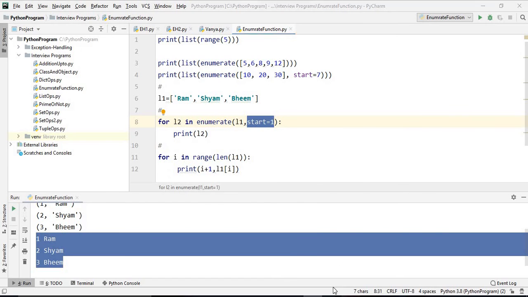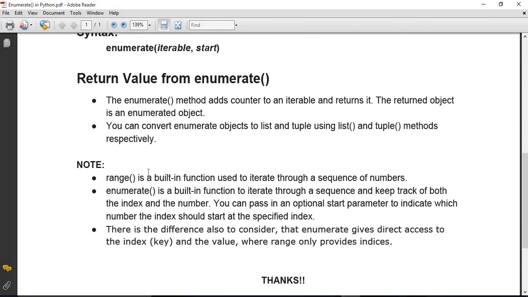And if we see the difference, range is a built-in function used to iterate through a sequence of numbers. Enumerate is a built-in function to iterate through a sequence and keep track of both the index and the value as well. You can pass in an optional start parameter to indicate which number the index should start at.